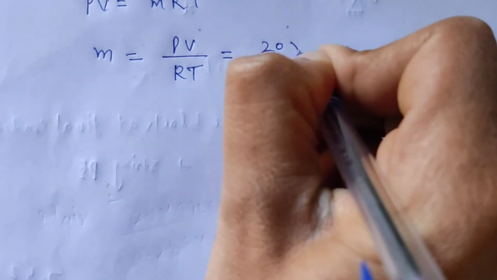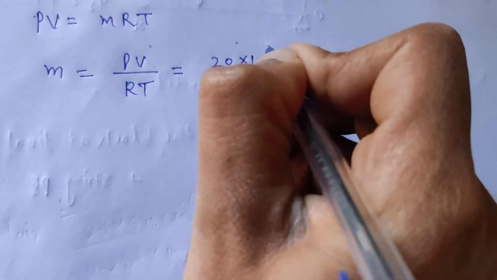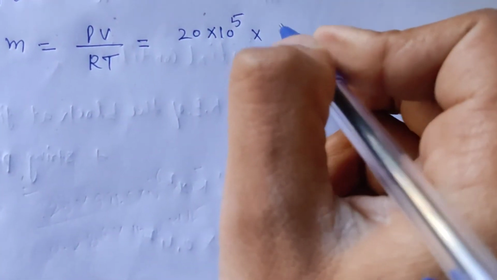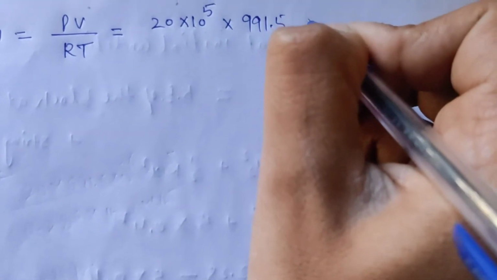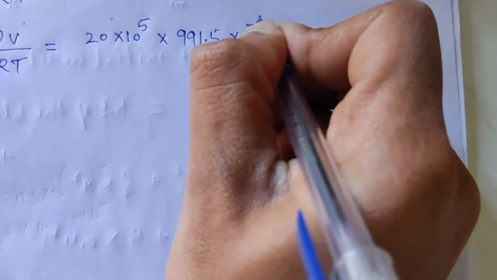The pressure is equal to 20 bar, and we will convert it into Pascal by multiplying by 10 to the power 5, into the volume of the combustion chamber, which is 991.5 in centimeter cube. So we will convert it into meter cube, so 10 raised to power minus 6,